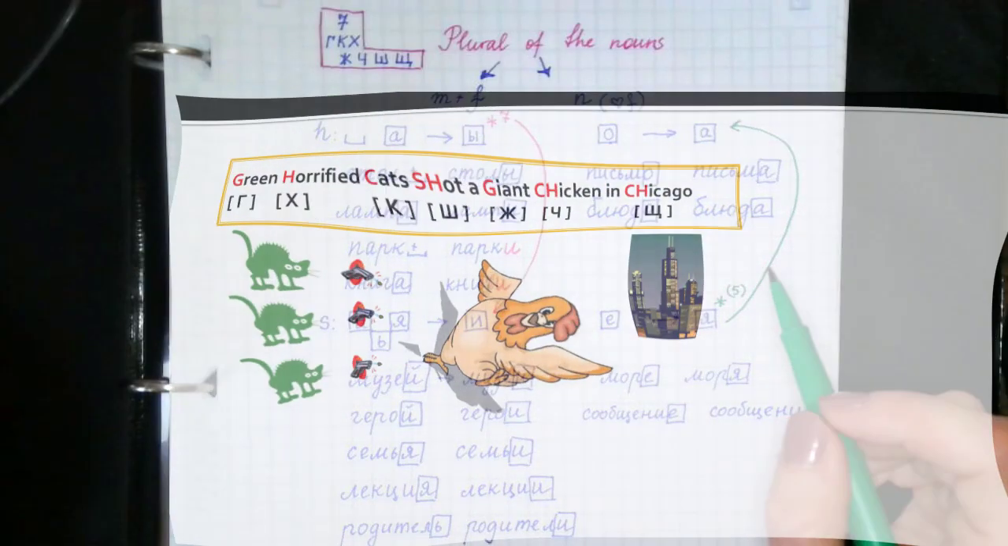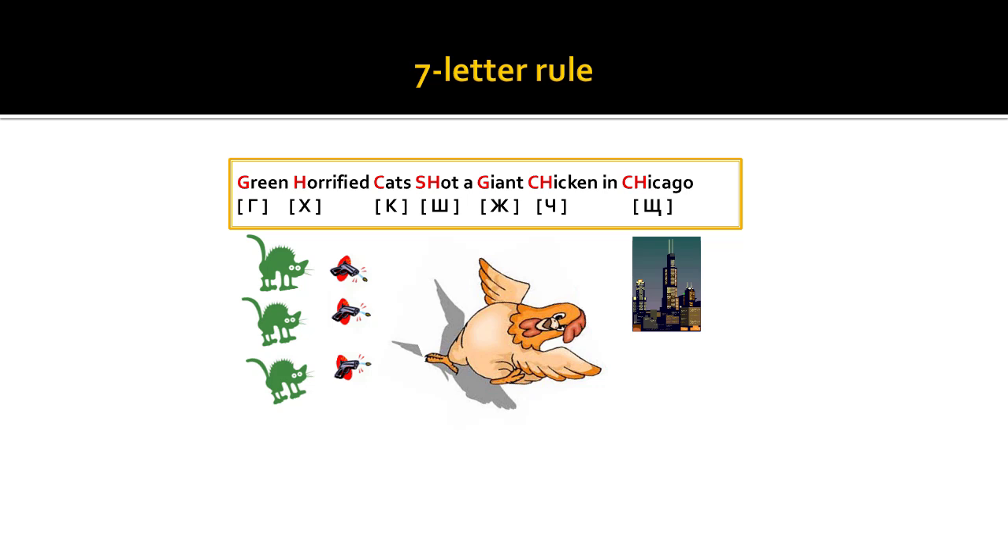And let me show you a very cool mnemonic to remember the 7-letter rule. So as you can see, here we have the cats and chicken and Chicago. And you can remember the 7-letter rule by remembering this mnemonic. Green, horrified, cats, shot a giant chicken in Chicago. So green stands for Г, horrified stands for Х, cats, К stands for К, shot stands for Ш, a giant stands for Ж, chicken stands for Ч,